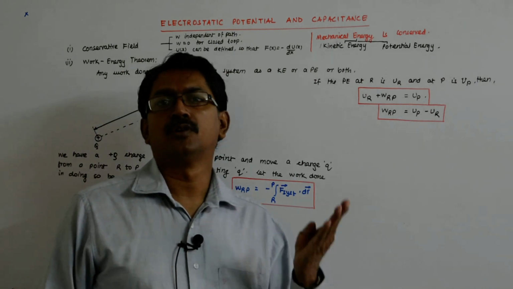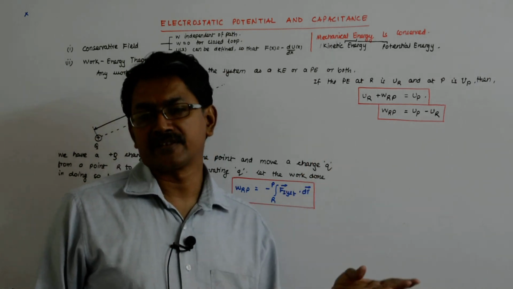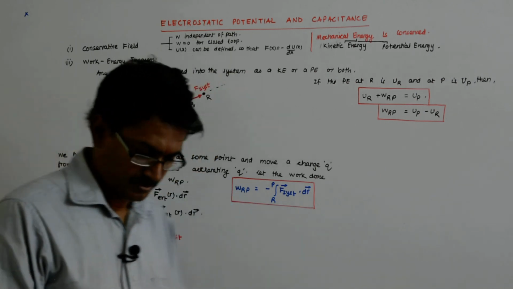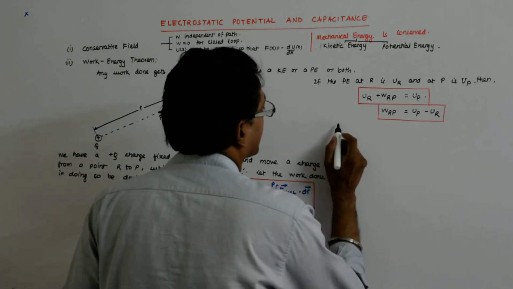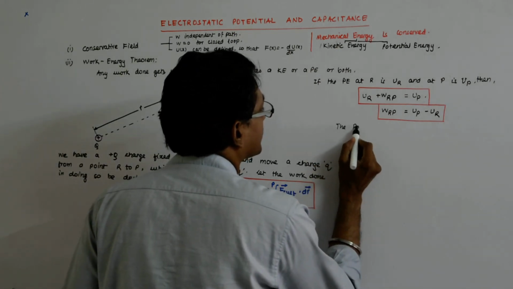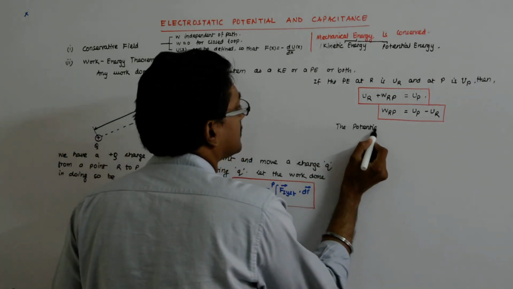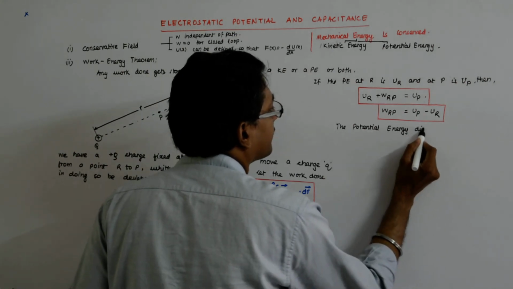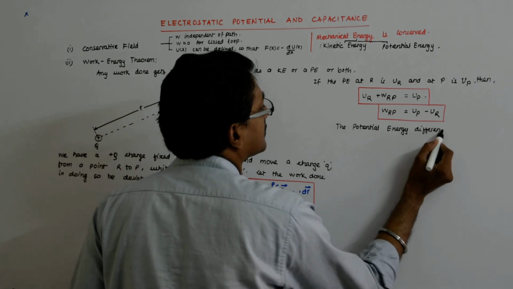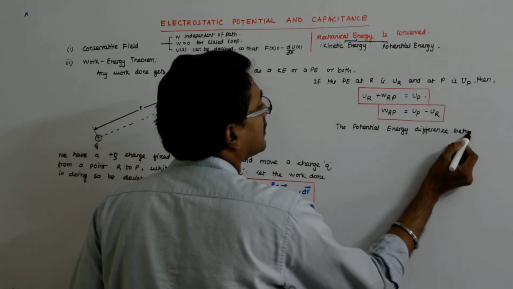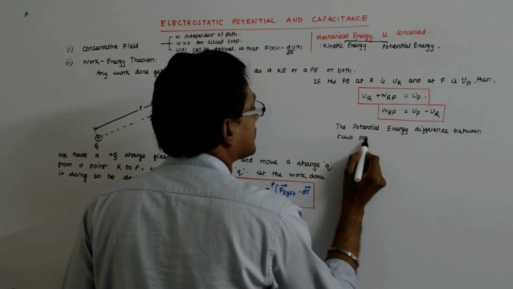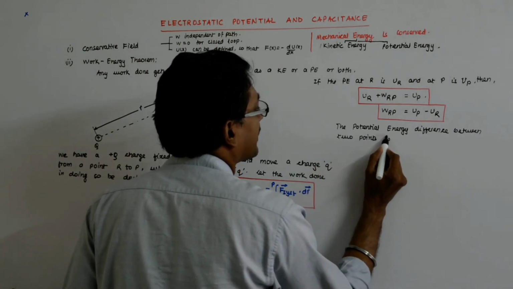It is equal to the work done in getting an arbitrary charge from one point to another. So that's how it is defined. The potential energy difference between 2 points is defined as